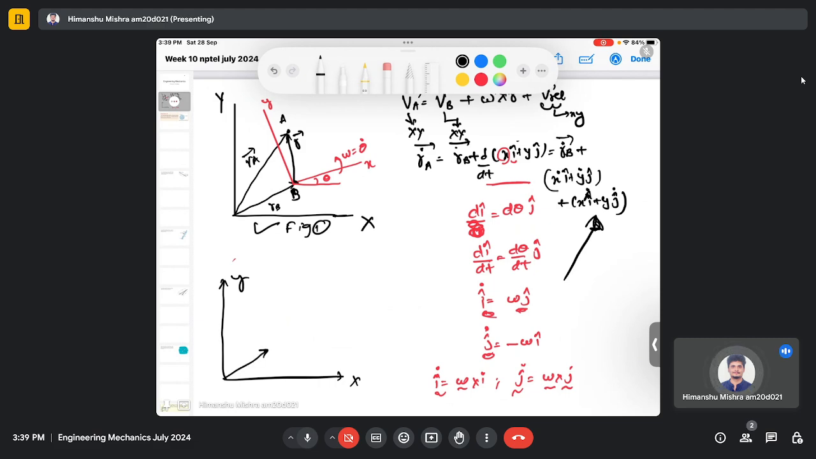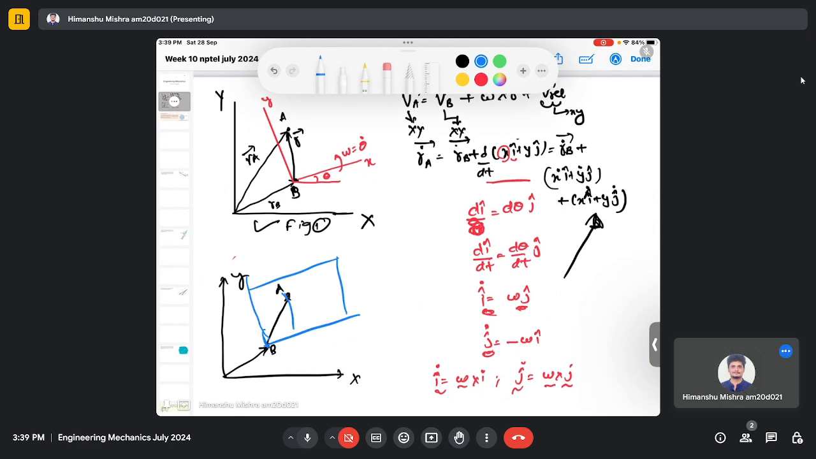Let's say this is my point B and this is point A, and we have here the rotation coordinate system. So there is a plate which is aligned to the rotating coordinate system, small x and y. Now you can see that